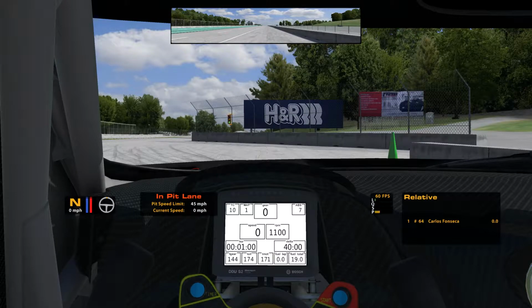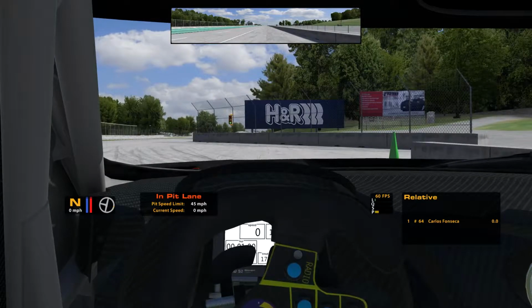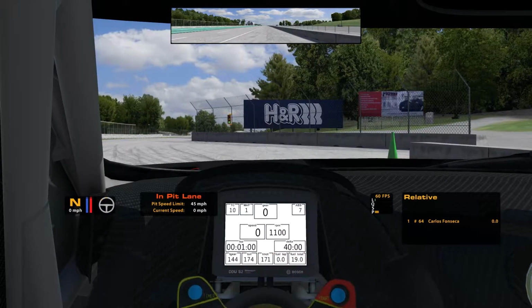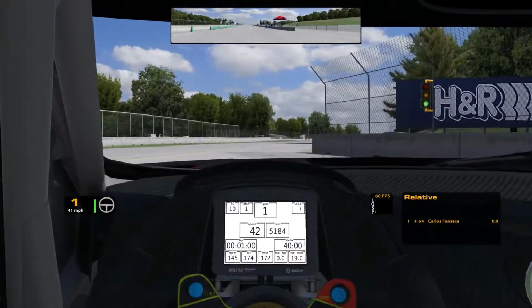Driving school, or whatever I call it. And I think it's supposed to be on shifting. Not 100% sure, but that's what we're doing. And in this video, let me just get out of pit road here. I'm just going to be talking about...